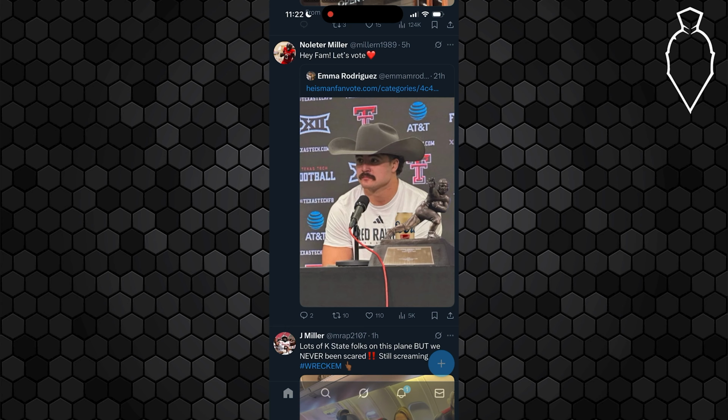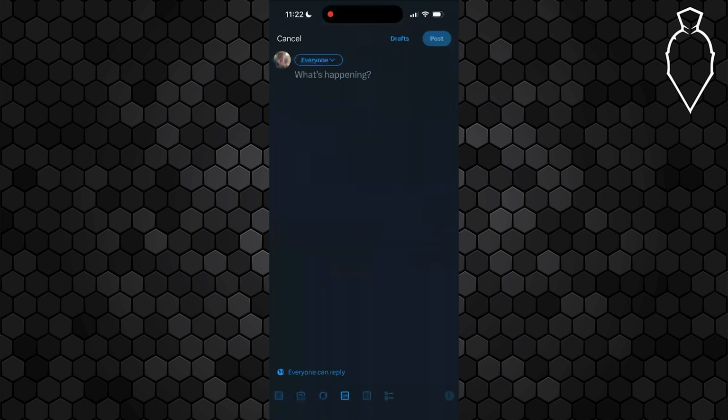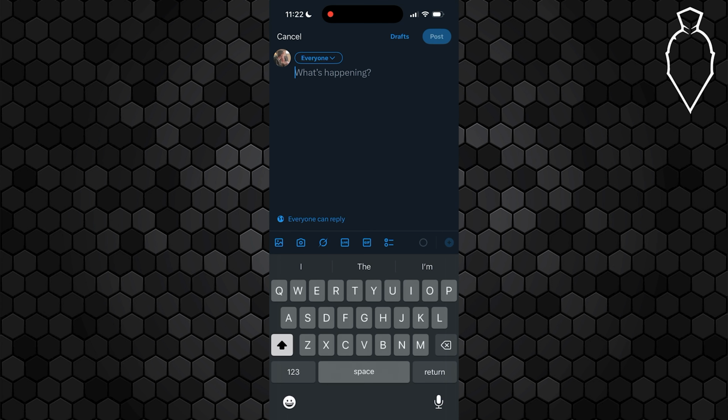But first things first, you're going to want to go to your home screen and you're going to see a little plus icon down in the bottom right. Select that to open up your compose menu. From here, you're going to have the option to type your thoughts down in this text box right here. You can also add a photo, you can take a photo, you can go live, add a GIF, poll, or